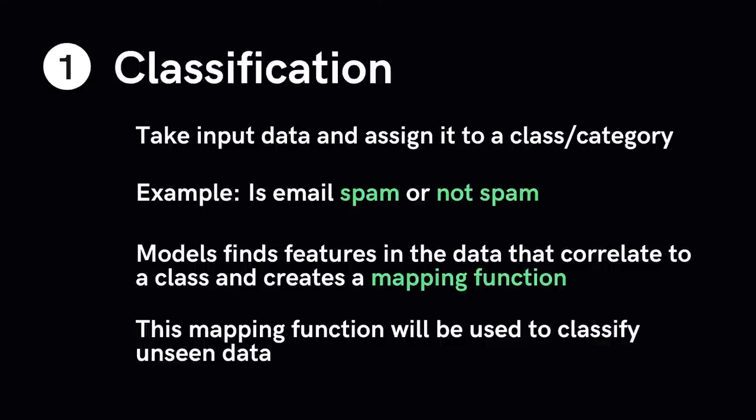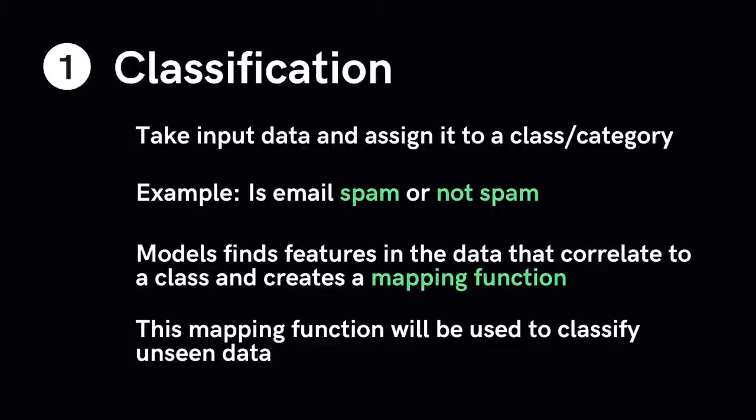During training, a classification algorithm will be given data points with an assigned category. The job of a classification algorithm is then to take this input value and assign it to a class or category that it fits into based on the training data provided. The most common example of classification is determining if an email is spam or not. With two classes to choose from, spam or not spam, this problem is called a binary classification problem.